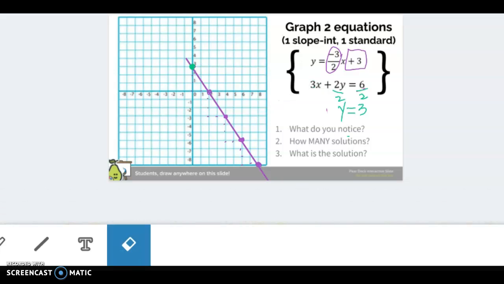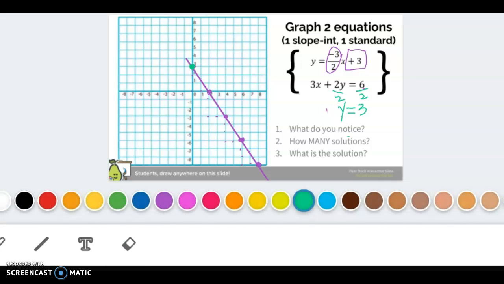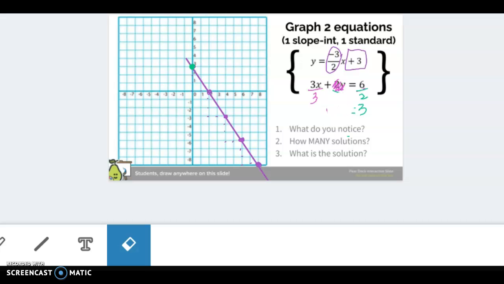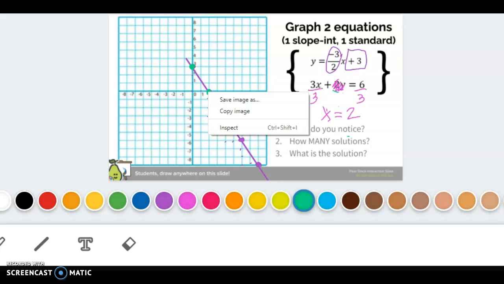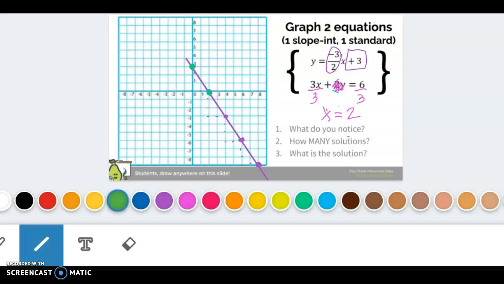Now I'm going to cross out my 2Y, and I'm going to solve for X. So I'm going to divide by 3. So X is equal to 2. So now I'm going to put a dot at X equals 2. So if I connect those,